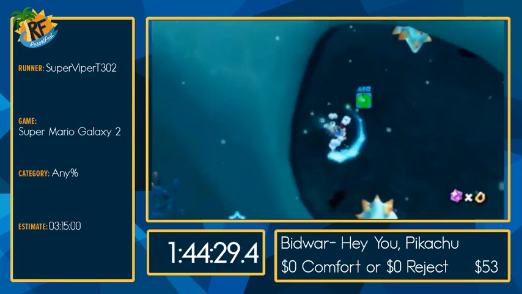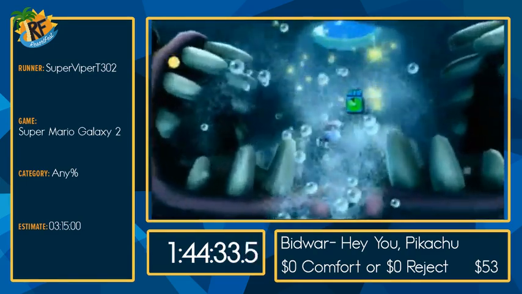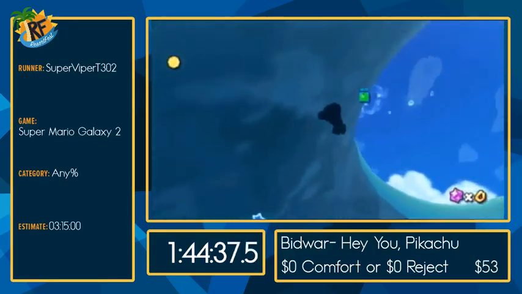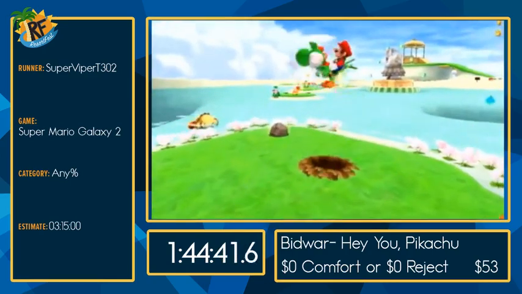I'm just going to kind of go out of my way here to get the Comet Medal, because the Comet in this galaxy is really, really fast, so it's definitely worth getting. We got here, and I'm going to get on Yoshi, and once again, I'm just going to infinite throw straight to the star, because...